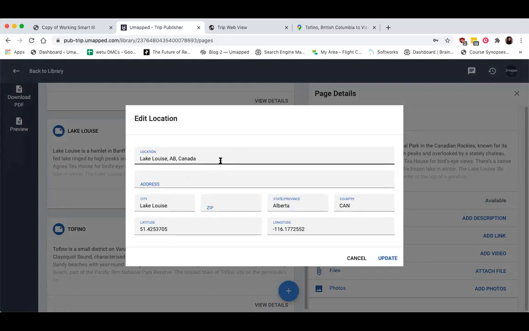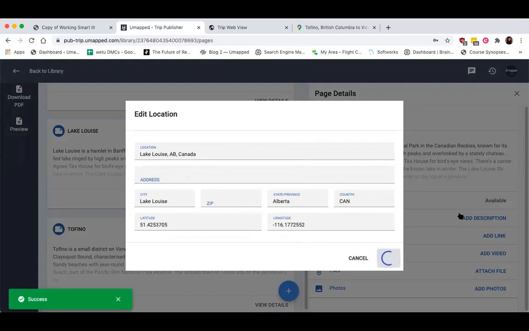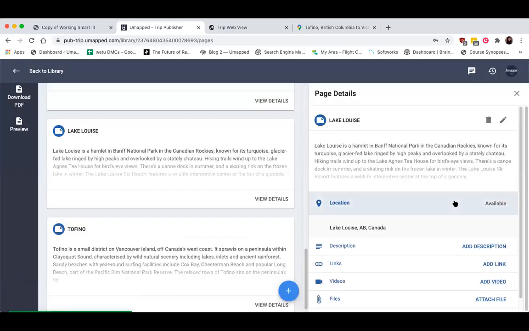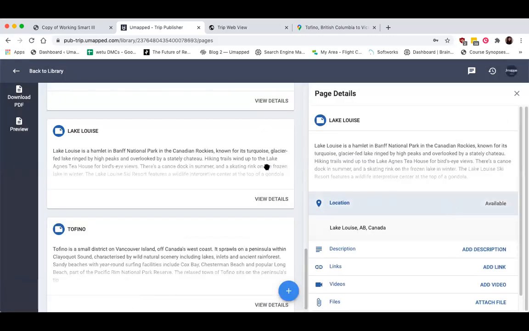When you're adding a location, you don't actually have to do a tremendous amount of work because it's pulling from a database that's already prepared and set, but you do have to add it yourself. So there, now I've got the location. If I added Lake Louise to a trip or a template later on, that map is going to appear for Lake Louise. But if I hadn't put anything here, or if I deleted it, then it wouldn't appear. So it's a manual process, but it's quite easy once you do it.